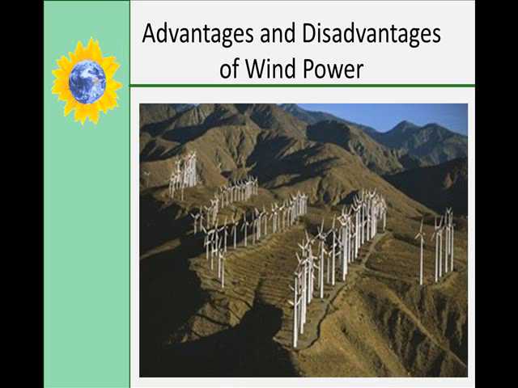There is some concern regarding the environment for wind power, however, because the rotor blades do produce quite a bit of noise. There's also some aesthetic problems, in other words, it's ugly. And there's also some bird and bat mortality by flying into the rotors. Most of these problems have been resolved or greatly reduced by technological development.